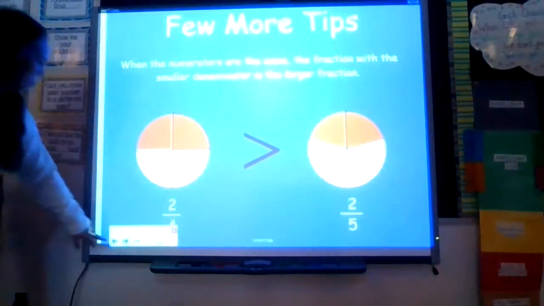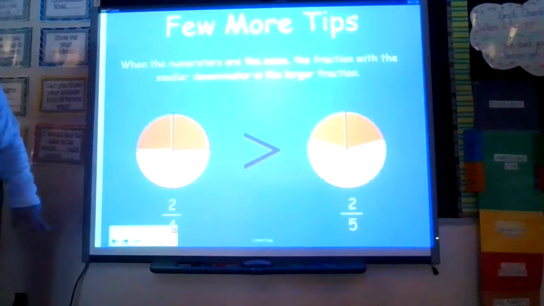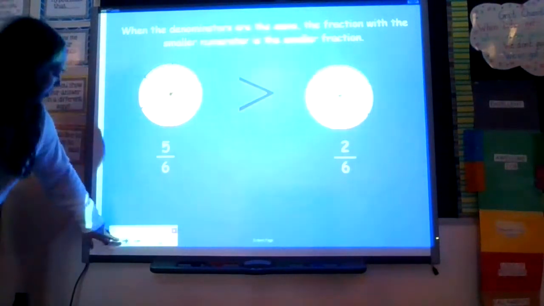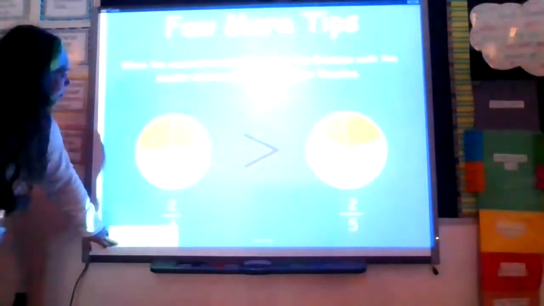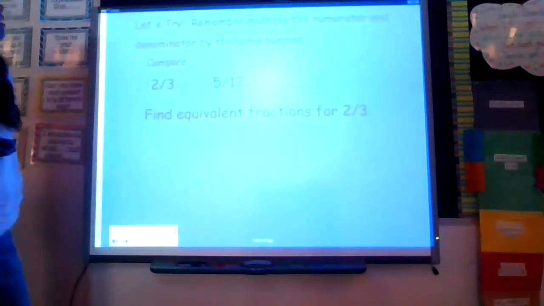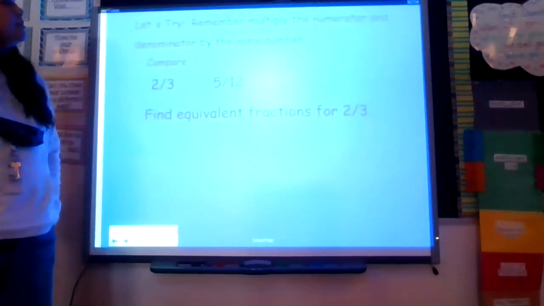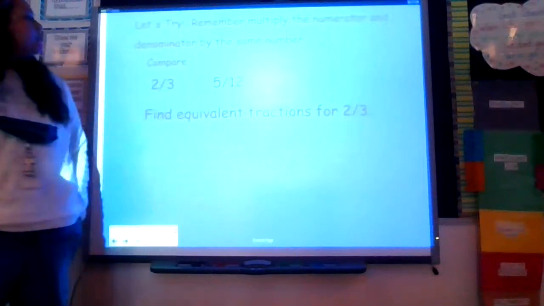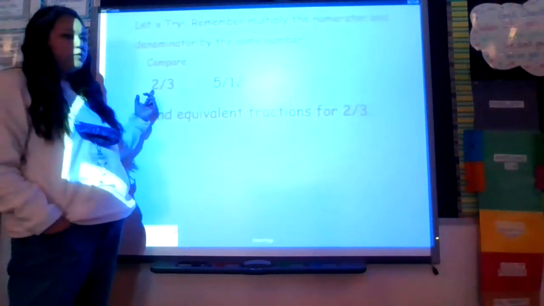Now, whoops, I think I missed one. Yes, we are missing a page in here. Here it is. Let's try. We're going to remember to multiply the numerator and denominator by the same number. So in this case, we're going to multiply